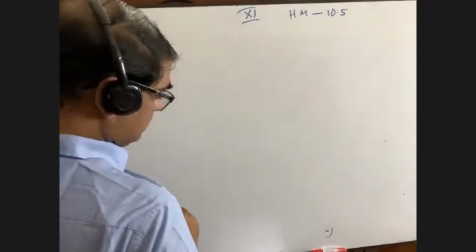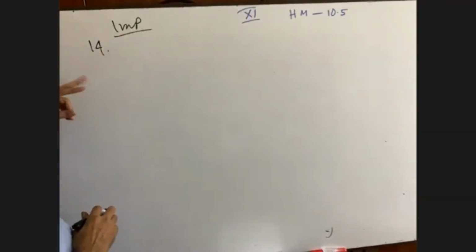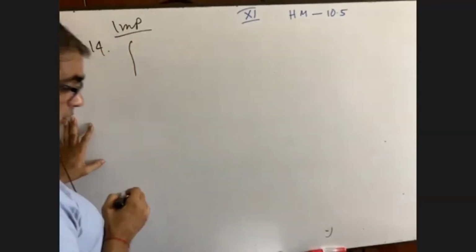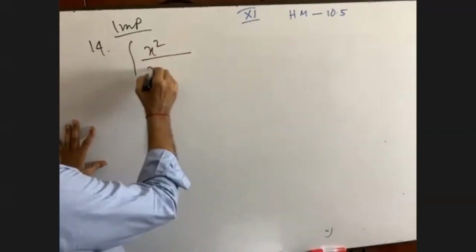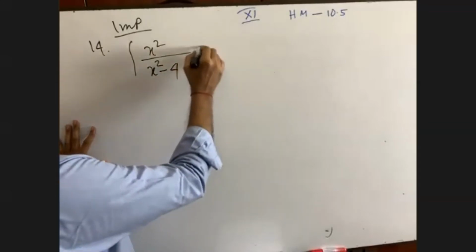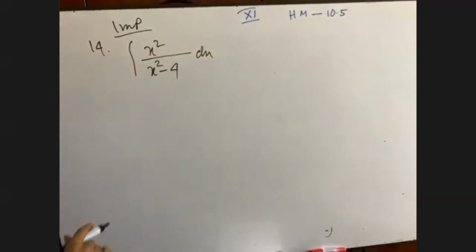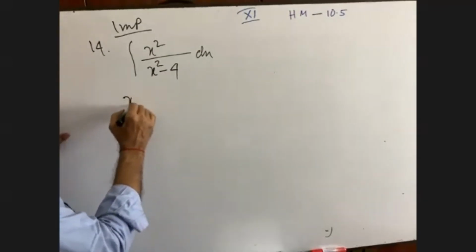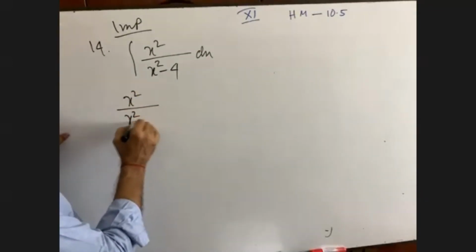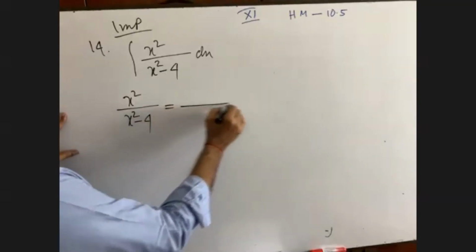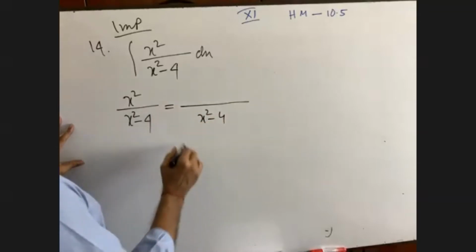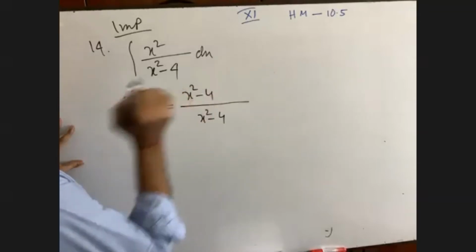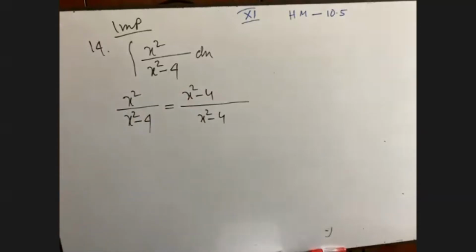Now, for the first time, it is the important math in this exercise. If maths are given from this exercise, then this type of math, which I am going to do now, will be given. That is x square by x square minus 4 dx. You did a lot of maths like this. We write x square by x square minus 4 like this. You see what my theory is. Here it is x square minus 4, and here also x square minus 4. Always you will do it. This is my theory.